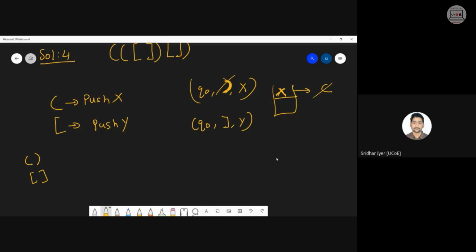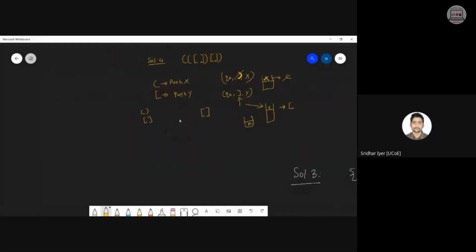Am I clear? In the same fashion, if I encounter y on top, that is nothing but corresponding to an opening square bracket, and if I encounter an input as a closing bracket, I can then remove the topmost y. Yes or no? Then what happens? One set of this also will be complete. We are removing it. We have to do this for the entire process. And if at the end we are having just the empty stack left, then we can come to know that the parenthesis is well formed. Am I clear now? We will make the transition functions and it will become clear and easy. Okay, so if the logic is clear, I can move ahead with the transition function.